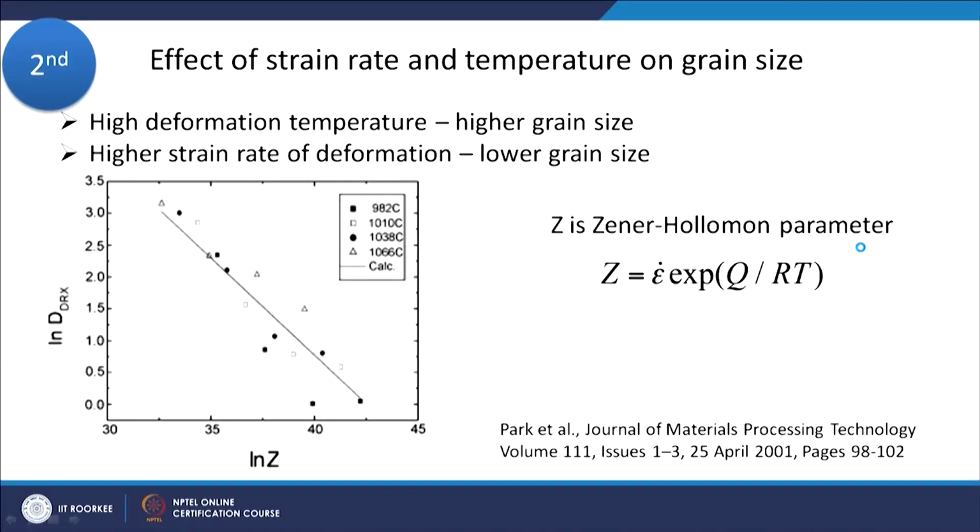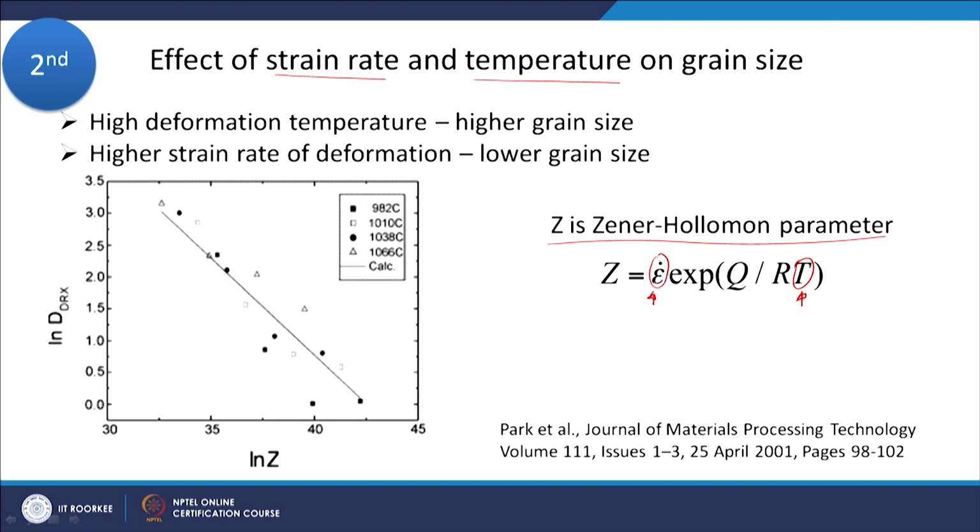How can I do the grain refinement? Now, as I told you, we want to do thermomechanical processing. So, this is the effect of thermomechanical processing on the grain size. Basically, when you are doing thermomechanical processing, you are controlling strain rate and temperature and of course, strain also. When you are deforming at higher temperatures and lower strain rate, then the grain size will be high or more. Both these effects can be easily captured by a parameter called the Zener-Holloman parameter, which has both temperature and strain rate.